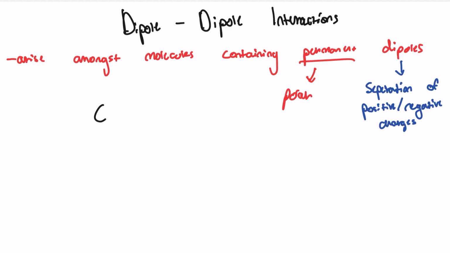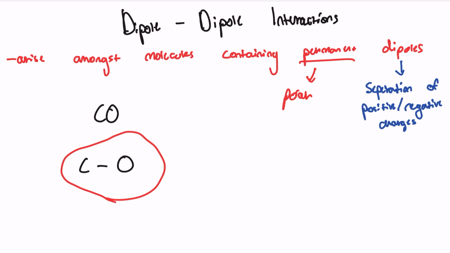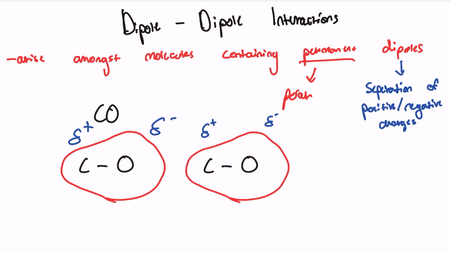For instance, carbon monoxide. Because oxygen is more electronegative than carbon, in the electron cloud, it will attract far greater electrons than carbon will. And so oxygen will have a partial negative charge, and carbon will have a partial positive charge, showing polarity in the molecule. If we then have multiple of these molecules present with one another, attractions between their dipoles will occur, thus forming